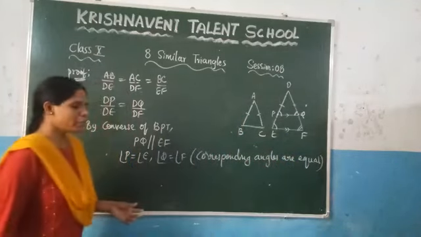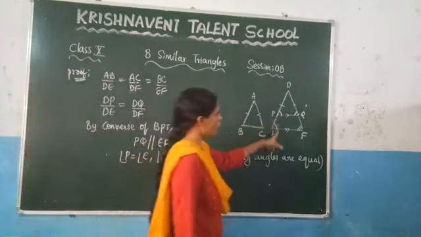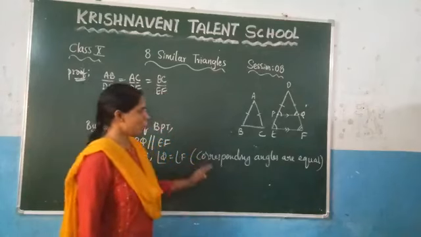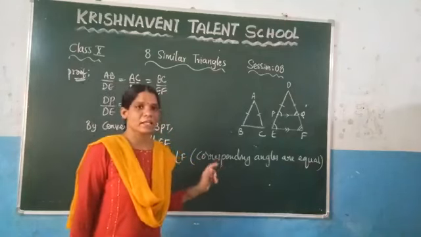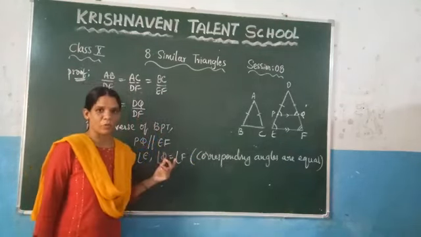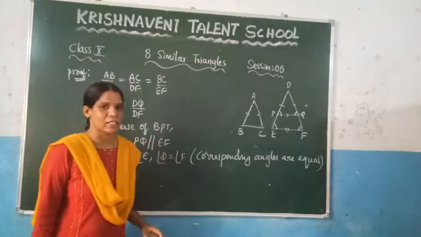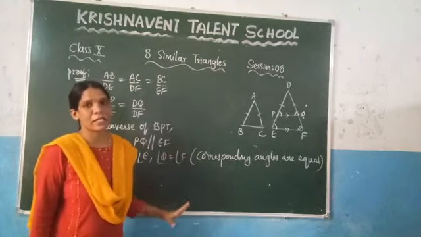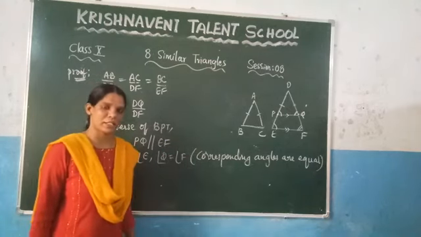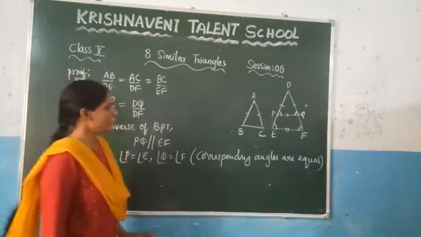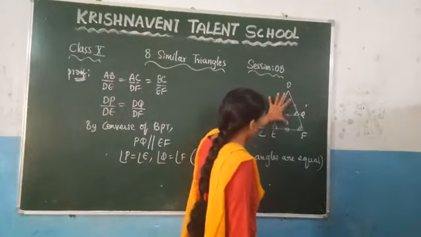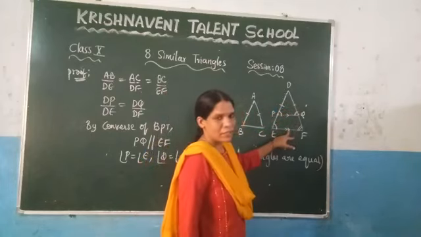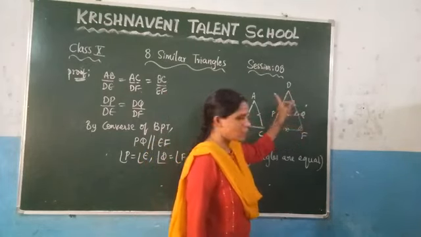So here what we got is angle P is equal to angle E, angle Q is equal to angle F. Now here we are going to use angle similarity. So just now we have proved before, in the session, what angle similarity is. If three angles are equal and the corresponding angles are equal, then we can say that the corresponding sides are proportional. Now here if you consider the smaller triangle and the bigger triangle, you can observe that two triangles are there, right? Which is a smaller triangle, which is DPQ.